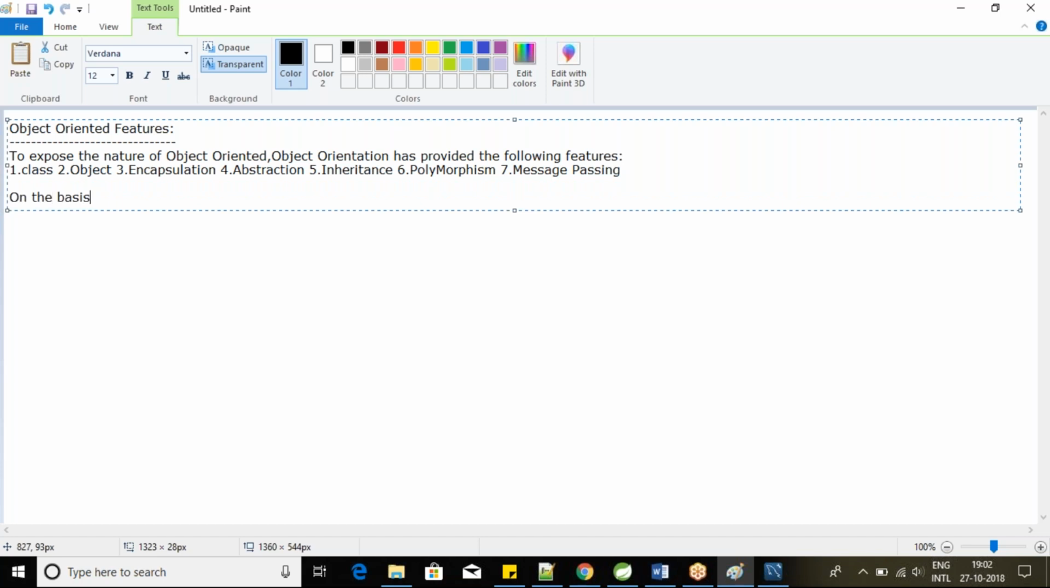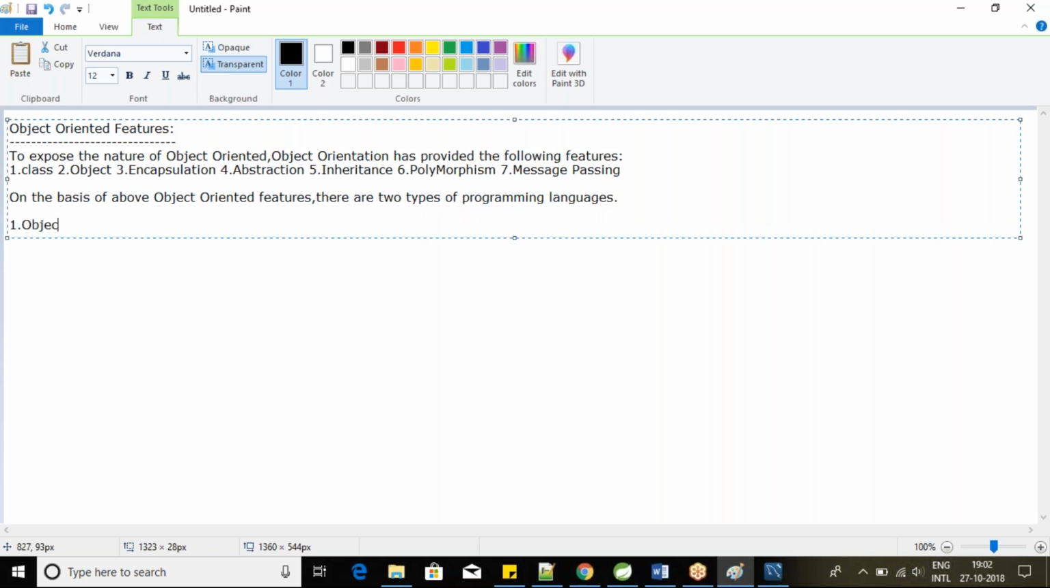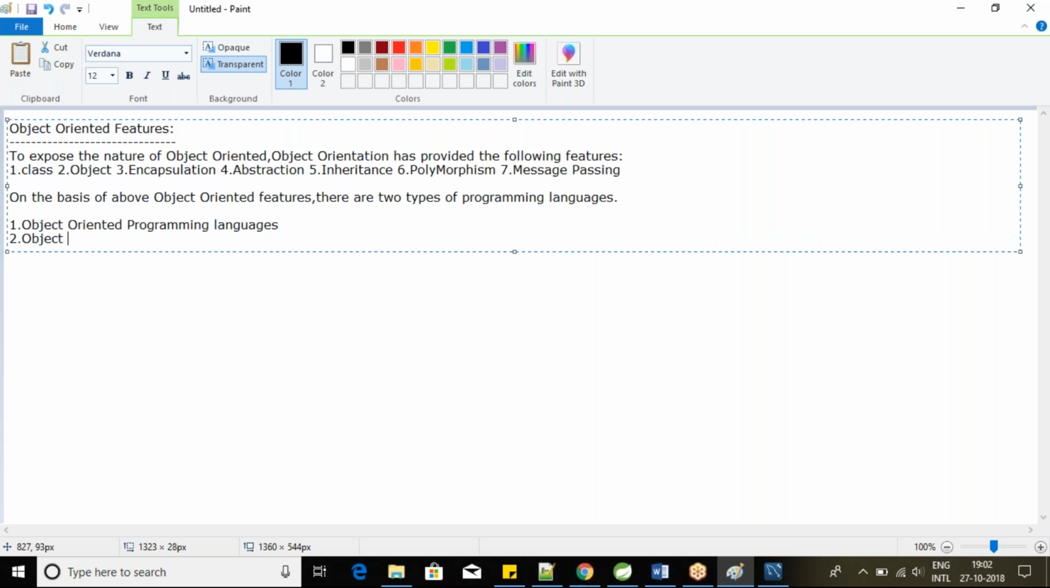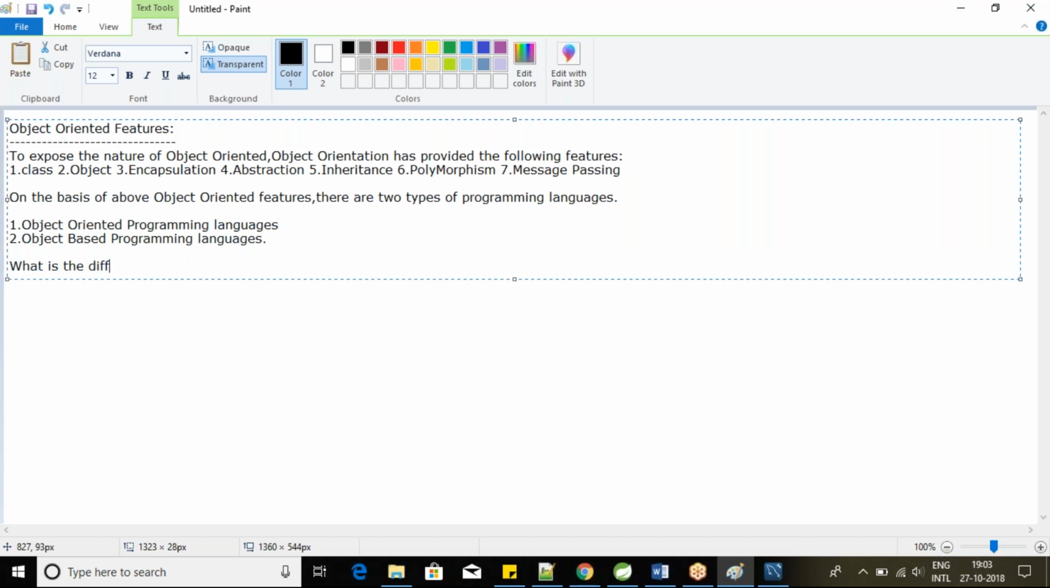So on the basis of above object oriented features, there are two types of programming languages. One is object oriented programming languages, and the second one is object based programming languages. Okay, so here what is the difference